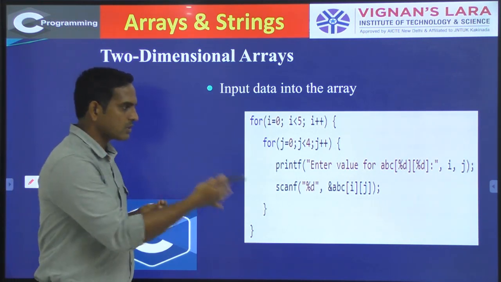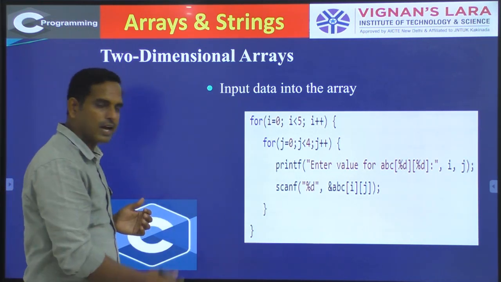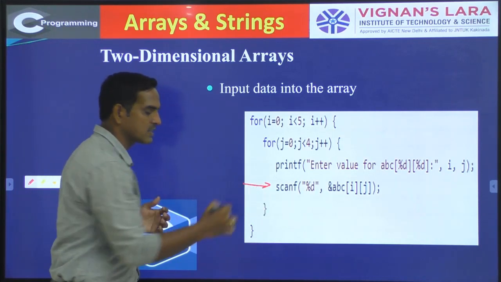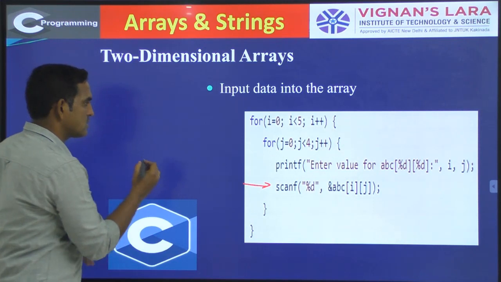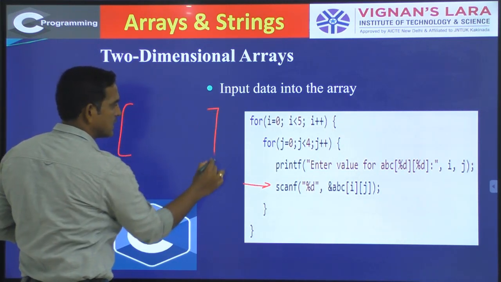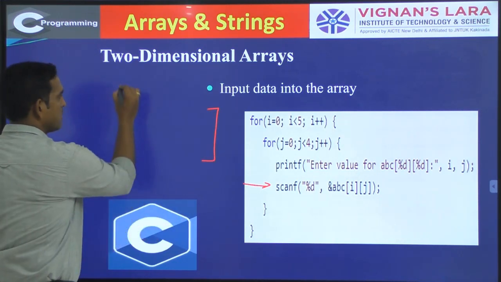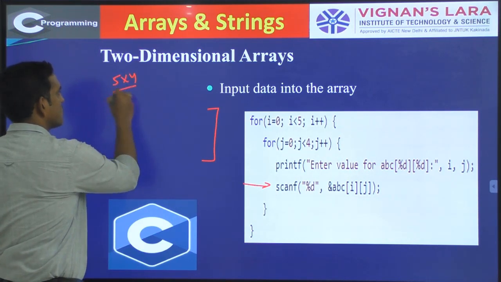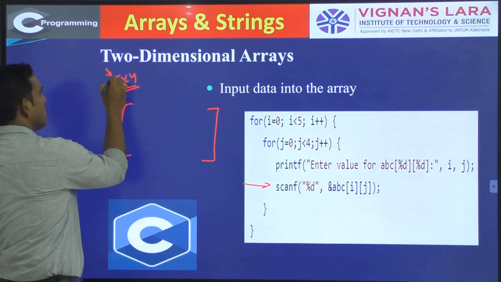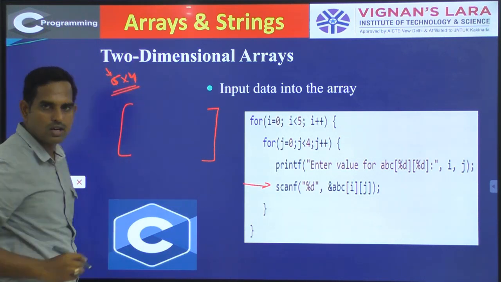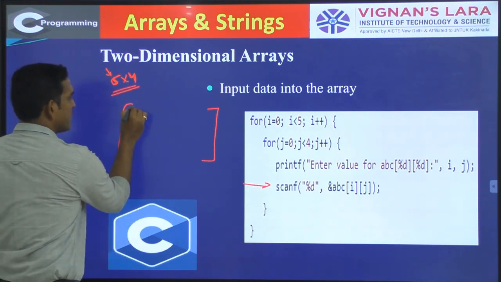So if I want to give values through the keyboard, I have to use the scanf function. While using the scanf function, I have to access all the elements in the two-dimensional array. So if you are having a 5 by 4 matrix, where 5 will be your rows and 4 will be the columns, then you should be aware of your